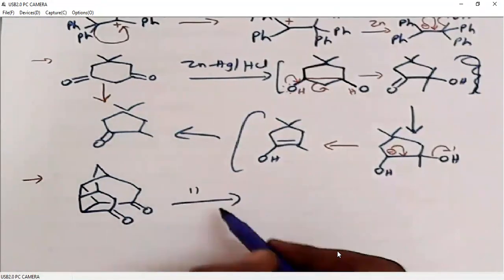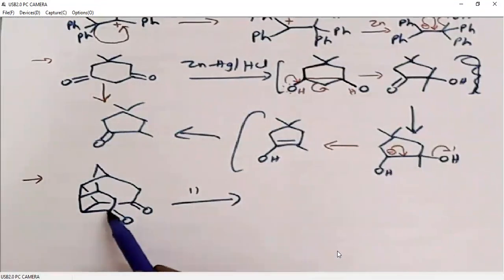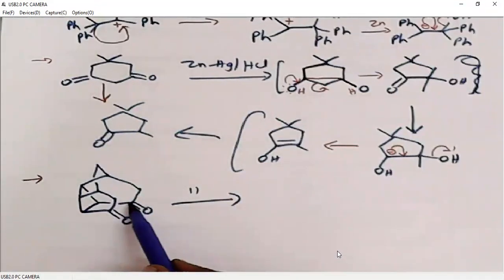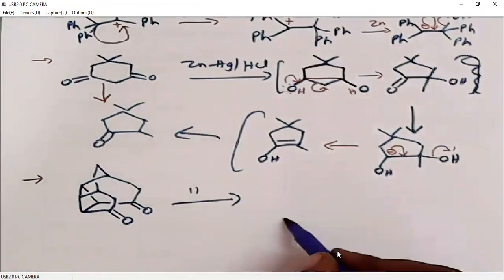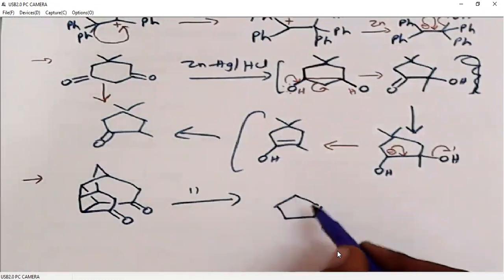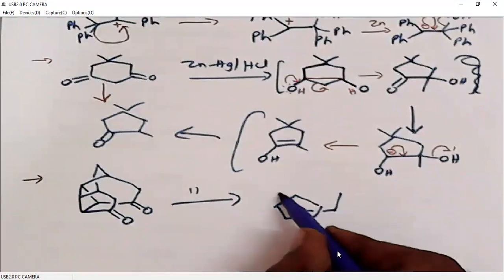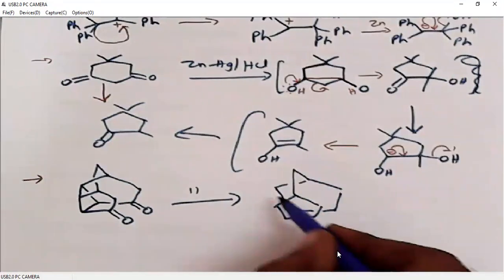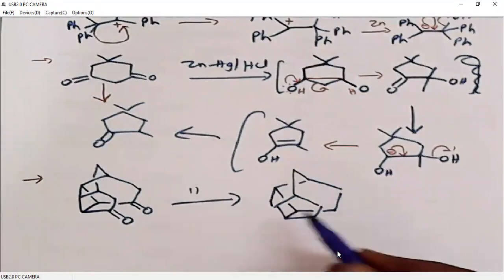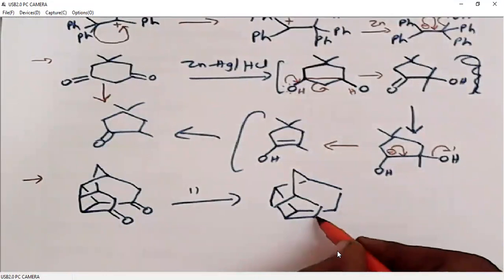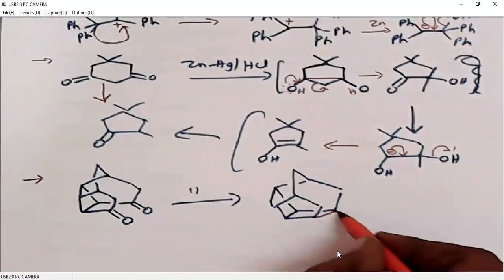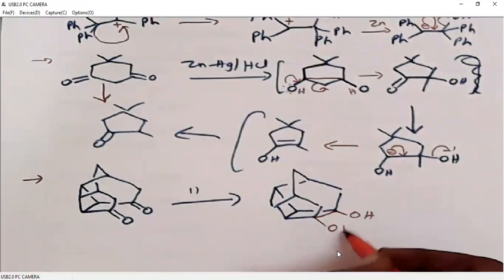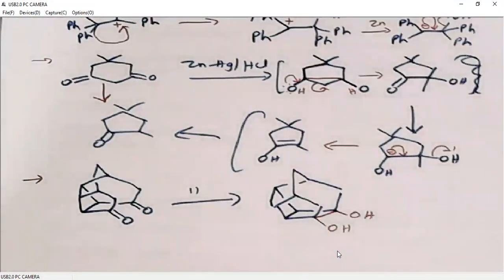So under similar conditions, what happens? The anion generated here will undergo condensation with this carbonyl. So there is a carbon-carbon bond formation between these two carbonyls. Of course, we have a bond here, we have a bond here. Now, there is a bond formation between this carbon, and these two will form hydroxy. It is a 1,2 diol now.